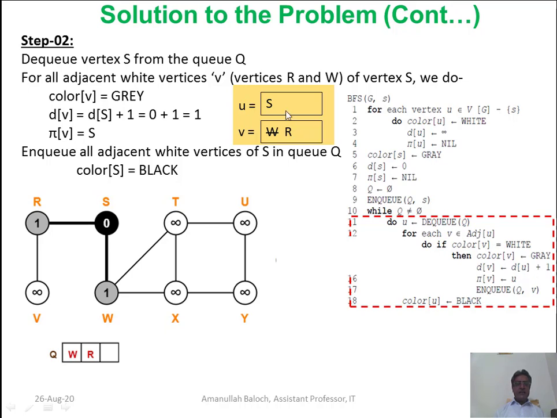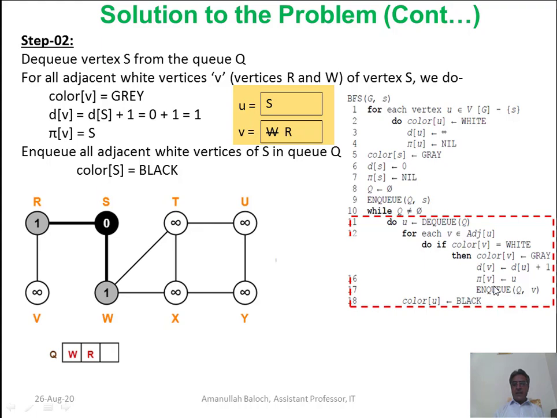U is S, the distance of S is 0, and 0 plus 1 is equal to 1. The distance of W will be 1, and the parent of V is U. What is V? V is W. The parent of W will be U, which contains S, so the parent of W will be S. We have doubled this: this is a single edge, this is a double edge. So we have doubled it, showing that the parent of W is S.